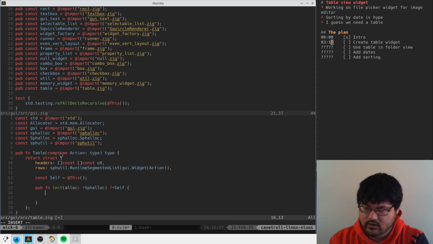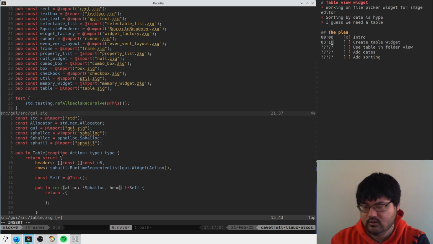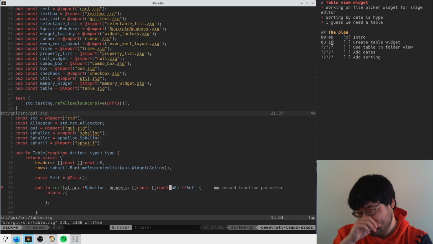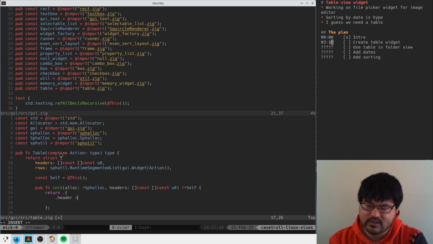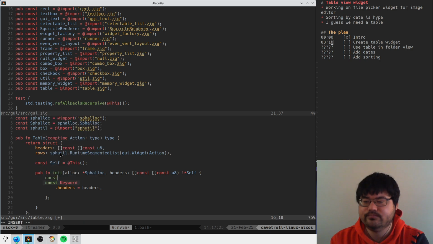So return. I guess we also need the header names. We'll just kind of take those in like this. So we have headers equal to headers. And these things need to live. If we pass these on the stack, which we probably will, we'll want to duplicate these. So we'll do like,